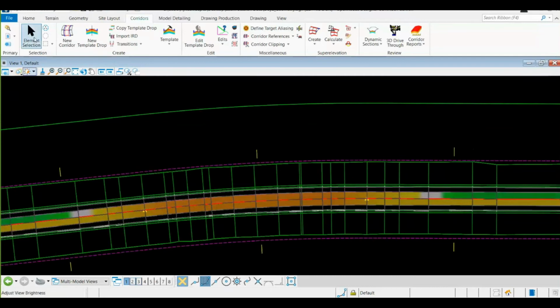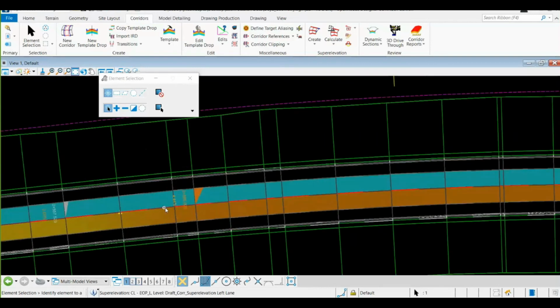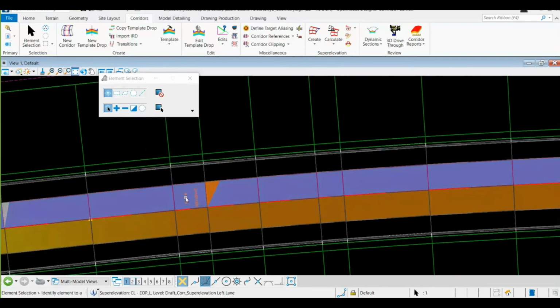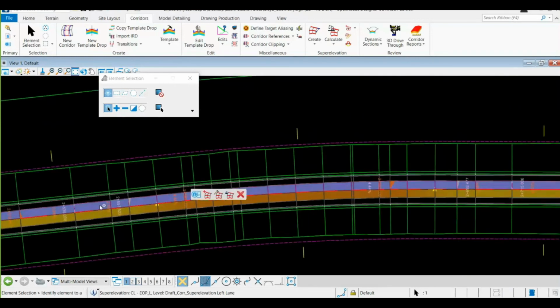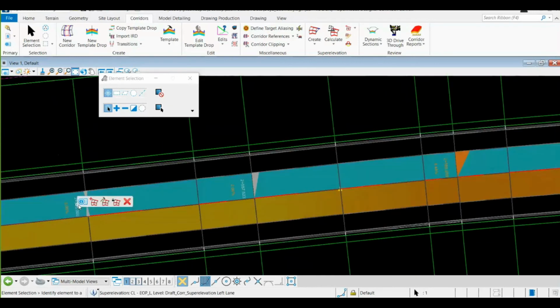So let us now select my super elevation lane. Basically, the color band which you are seeing has been superimposed over your lane. If I take element selection and select any of the lane, suppose I select this, I can get these superelevation values as well. I got to know that at this chain edge, my 4.44% superelevation has been applied, and at this chain edge the superelevation value is 2%. At this chain edge it's 0%.